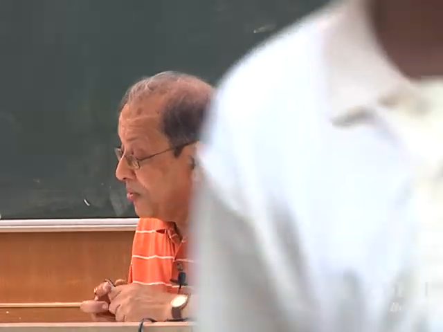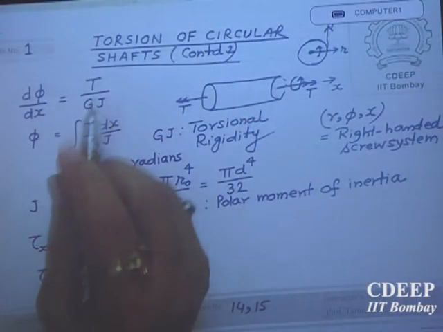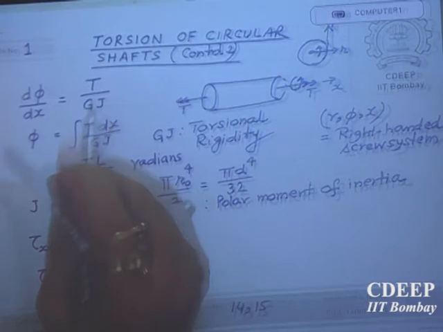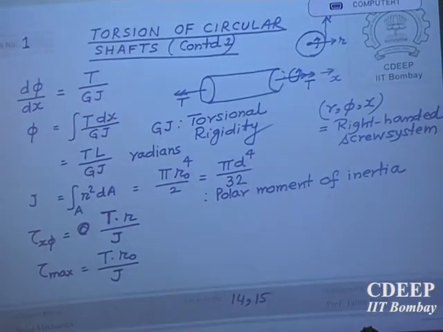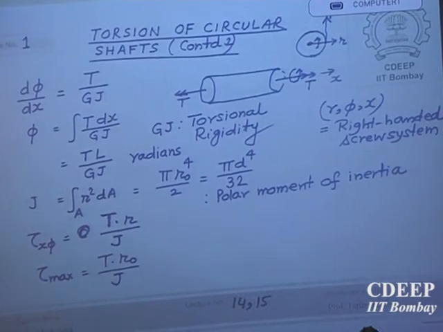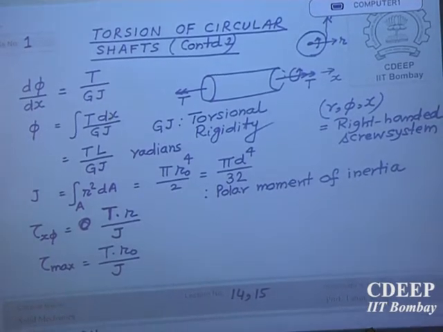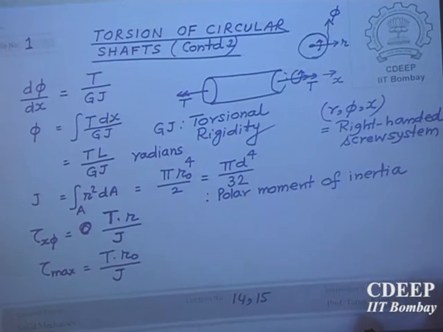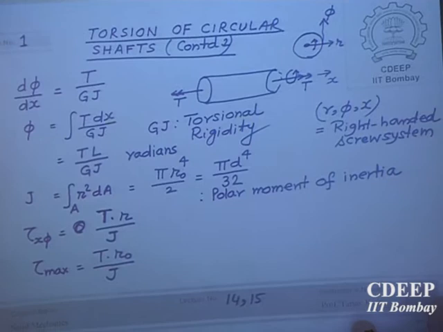Okay, so I have written on this sheet, this is for today, that we have what is called rate of twist, angle of twist. Phi is called angle of twist. That means if one end is fixed, the other end is free, and it is under torque, the radius rotates, and the angle by which it rotates is called angle of twist at any cross section. So rate of twist is considered constant,